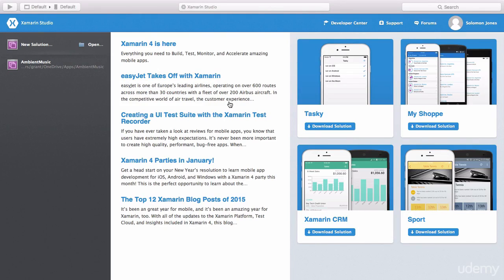Let's take a look at how to create a Xamarin Forms project. Open up Xamarin. I'm running this on a Mac, but it'll be the same on a PC, just minus the iOS solution. Click New Solution,